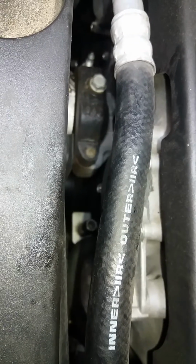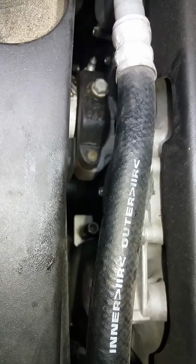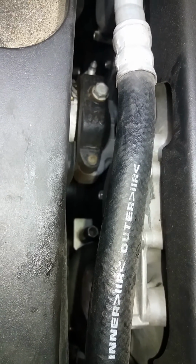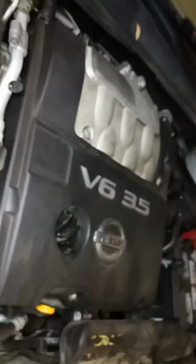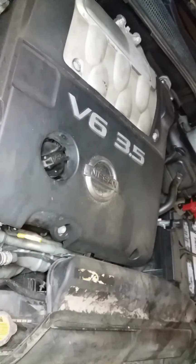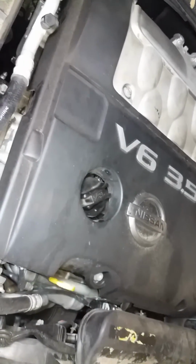Today I decided to change out my AC alternator belt because there was a lot of squeaking every time I turned on the AC. Today's car is a Nissan Maxima. It's my wife's car, a 2008 Maxima. And I just wanted to give a few pointers on some of the things that I had to deal with